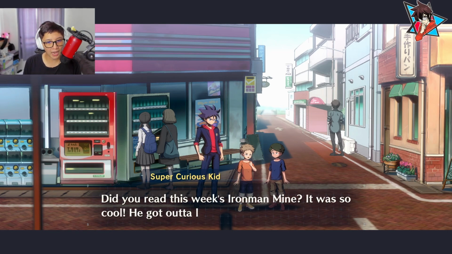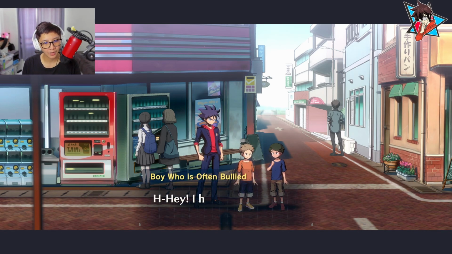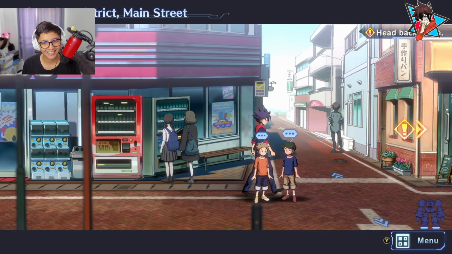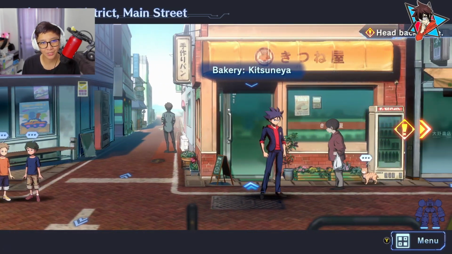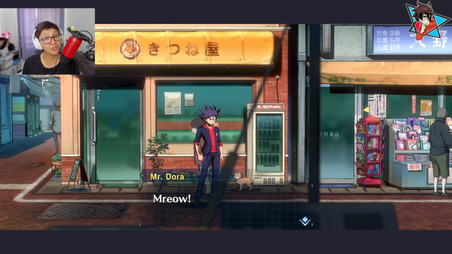Did you read this week's Iron Man mine? It was so cool. He got out of last week's trouble so easily. Hey, I haven't read it yet. Quit spoiling it for me. Yeah, don't spoil games. Bakery Kutsunai. Oh, cat. Mr. Dora says,